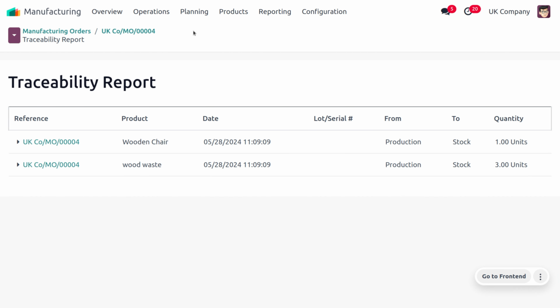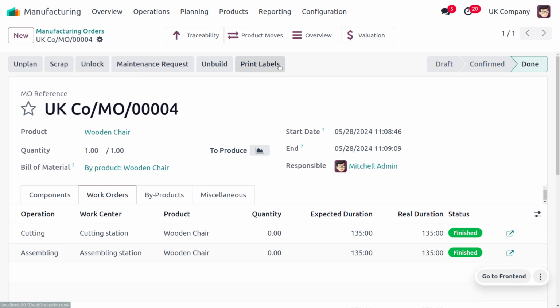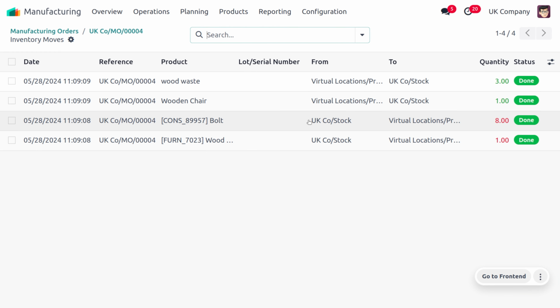Now this shows the traceability, which means the product movement, that is one quantity of wooden chair is generated, as well as 3 quantities of wood waste are generated. And you can also find the product movement over here, as we have taken wood panel as well as bolt in order to manufacture the main product, wooden chair. You can see that the deducted quantity will be shown over here, and the created product will be indicated in green color with the quantity. And you can also find a new product, that is the secondary product or the residual product, or the unintentionally created product, with the quantity also shown over here.